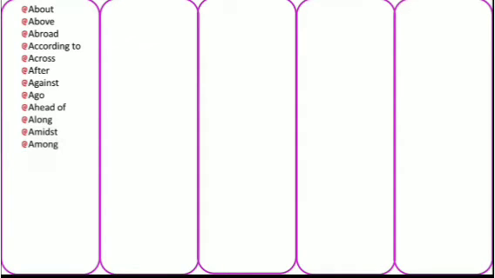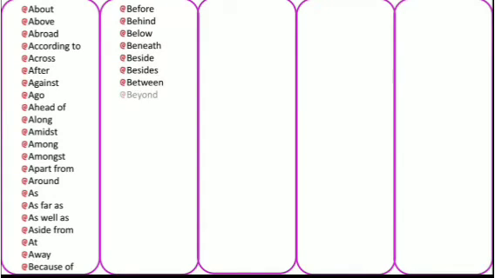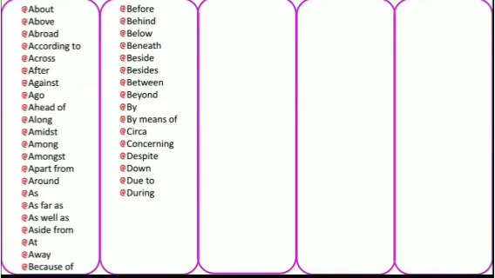About, above, abroad, according to, across, after, against, ago, ahead of, along, amidst, among, amongst, apart from, around, as far as well as, aside from, at, away, because of, before, behind, below, beneath, beside, besides, between, beyond, by means of, circa, concerning, despite, down, due to, during, except for, excluding, following, for, from,